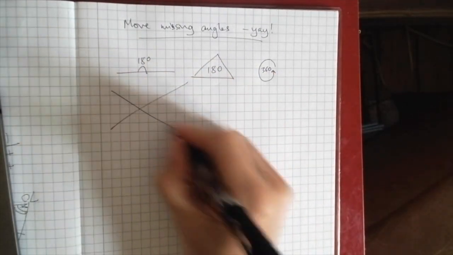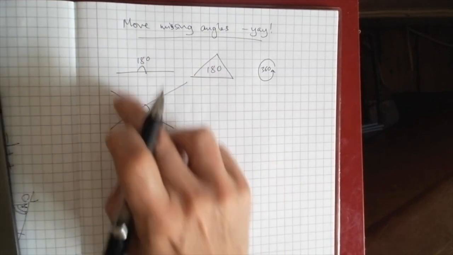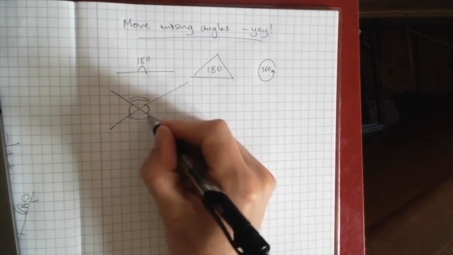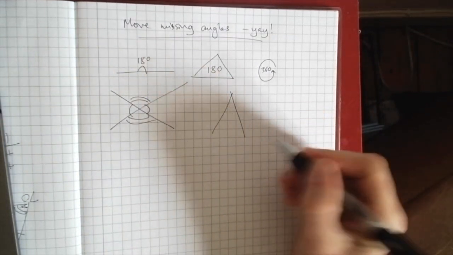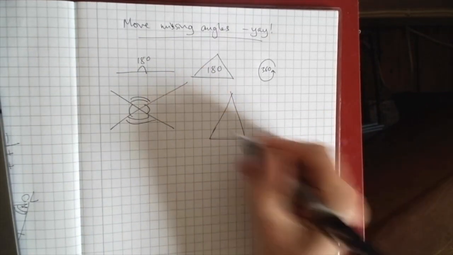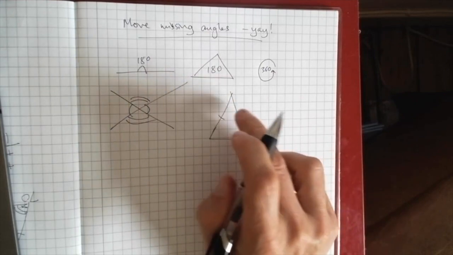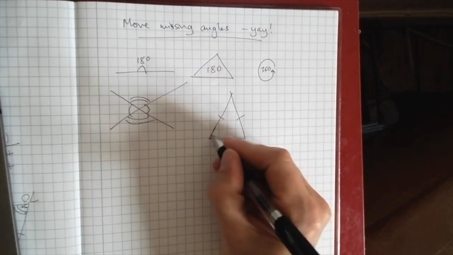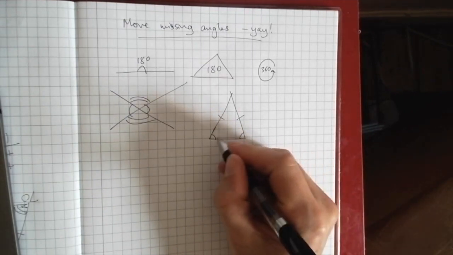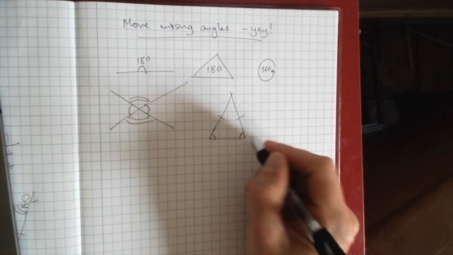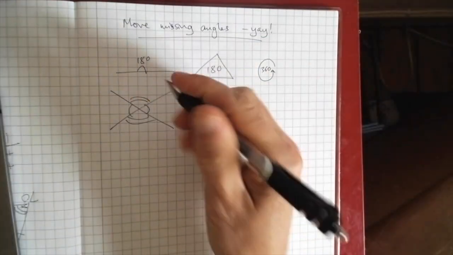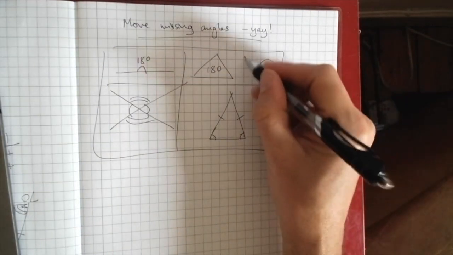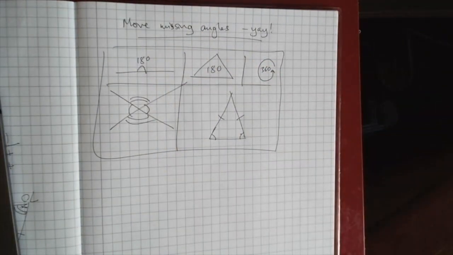Oh, there's another one. Opposite angles where two straight lines intersect are always going to be equal. What's the other fact that's going to be useful here? If you see a triangle and we've got these two little lines, that shows that the lengths of the sides are equal, so therefore that angle is exactly the same as that angle there. So when we've got these 5 key facts, we can work out lots and lots of different things, however complex